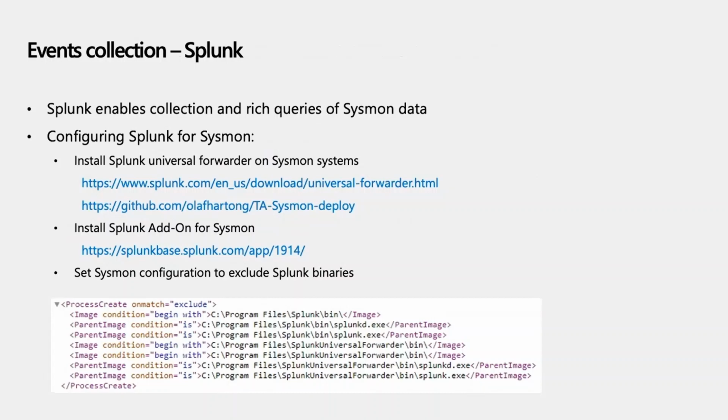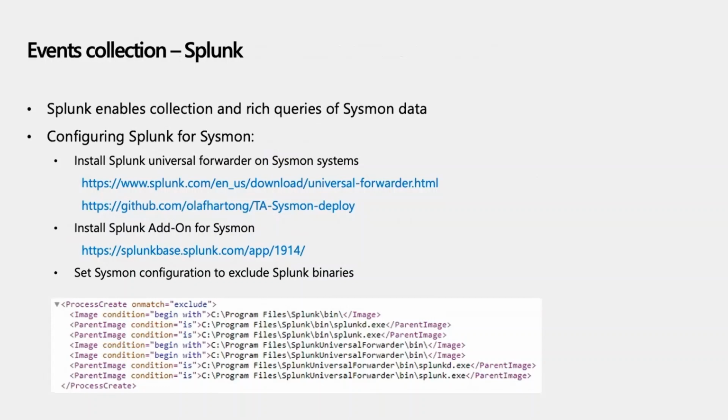You can set that up to basically gather all the Sysmon events to your Splunk instance. And on your Splunk instance, you can install this Sysmon add-on that is not supported by Splunk so that it will correctly parse the events and allow you to query them faster. We also advise you to exclude the Splunk binaries from being analyzed. And I added some of the rules you could use for that so that those events are not forwarded to Splunk and you don't get additional noise.